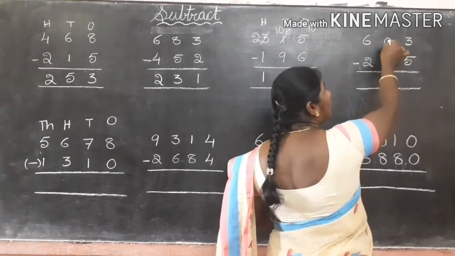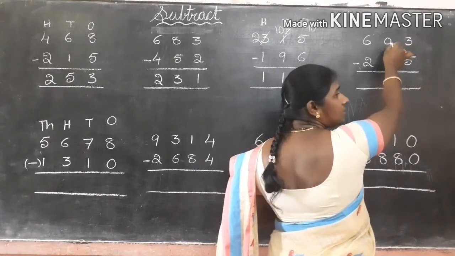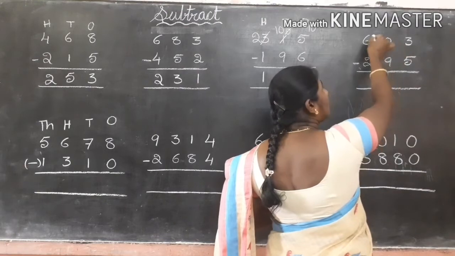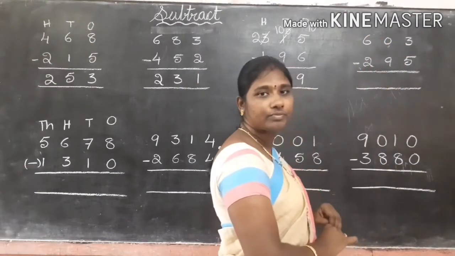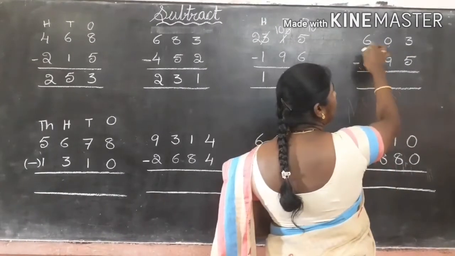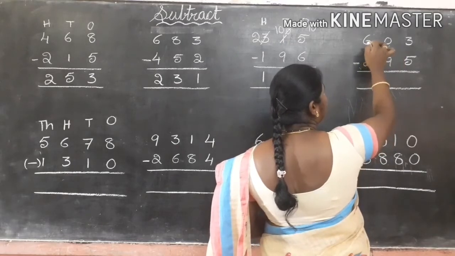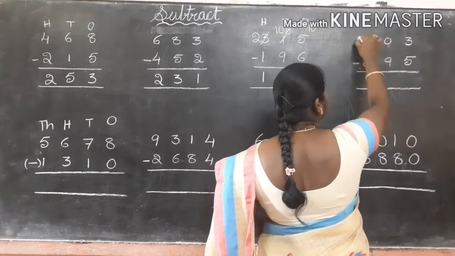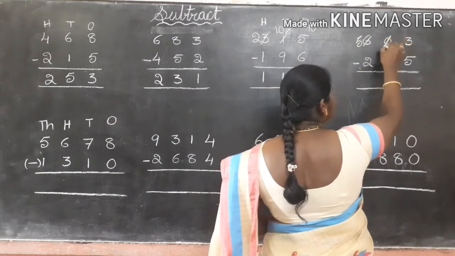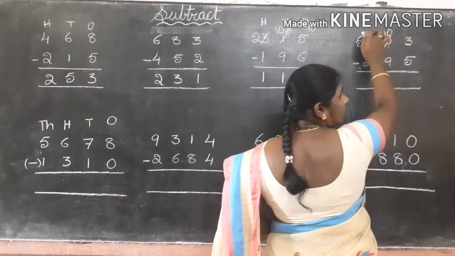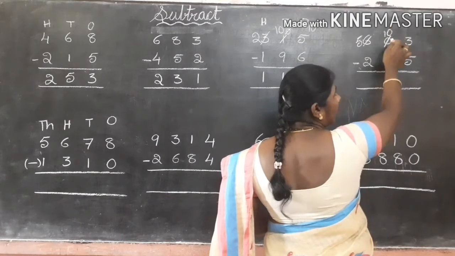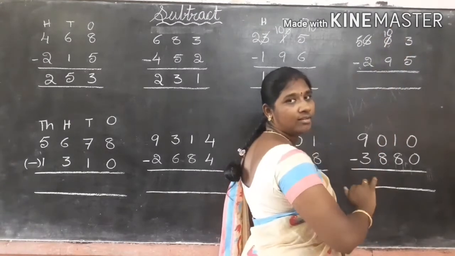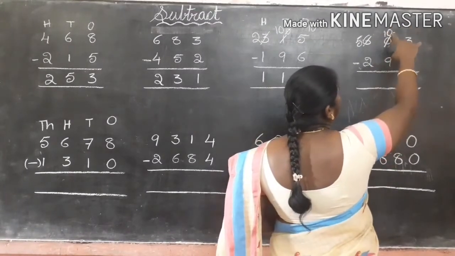Yes. Here 0 time, it is not possible to take. So we are taking from here too. So when we take from here to here, 5 and this 0 becomes 10. We are taking hundreds place to tens number. So 10 we are getting. 10 tens are 100. So 10 here.